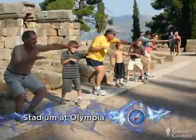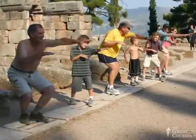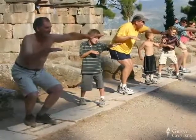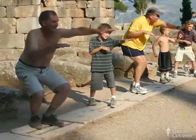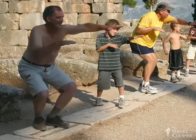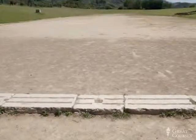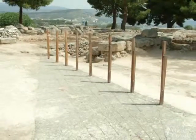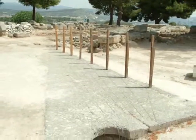In many cases, a sort of threshold made of stone with 2 grooves along it had been found in all the stadiums as the starting post. And it was clear that the toes of one foot of each runner would go in the forward groove and the other foot behind, and that they would somehow crouch to start the sprint. But there were little square holes beside each runner's place that had obviously held some sort of post, and it was only the excavations at the sanctuary of Poseidon, which we are visiting right now, at the Isthmus, that made